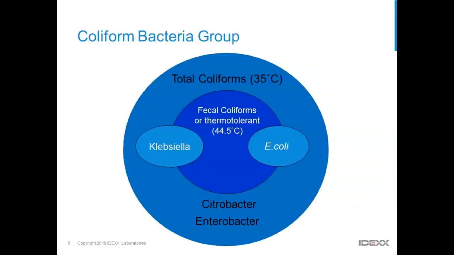Focusing a bit more on the general types of bacteria that can be tested for contamination, what kind of started off is the Coliform group. And this group is bacteria that tend to be found in fecal material, but can also be found in the environment. And this grouping contains several different genera, including Klebsiella, Citrobacter, Enterobacter, and Escherichia for E. coli.